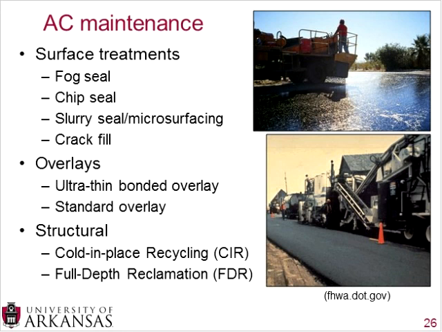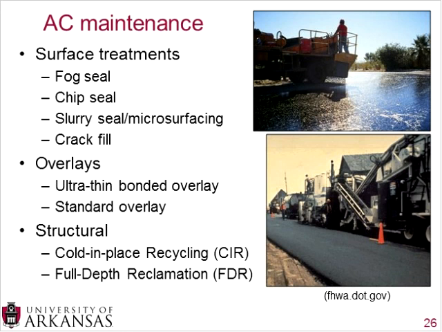Overlays, if you need to add a little bit of structural capacity, or if the distress is so bad on the surface, you might consider an ultra-thin bonded overlay. A standard overlay does something very similar, but it adds a little structural capacity. And then finally, if you're having severe structural problems, you could consider cold-in-place recycling. And that mills up the top 2 to 3 inches of pavement, mixes it with emulsion, and that can actually increase the structural capacity of that road. And full-depth reclamation goes down into the base layers below the bituminous material and mixes that,